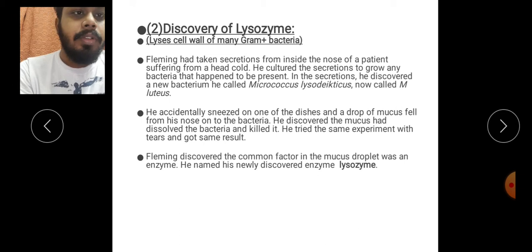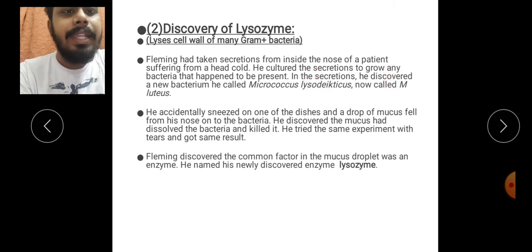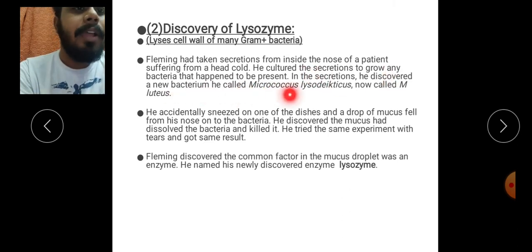When he treated patients who were suffering from a head cold, Fleming took secretions from the inside of the nose of a patient, and he cultured that secretion to see whether any bacteria were present in it or not. In the secretion he discovered a new bacterium, which he called Micrococcus lysodeikticus,